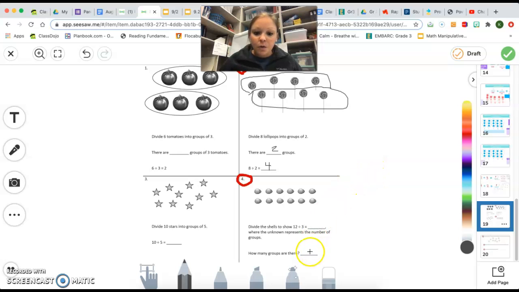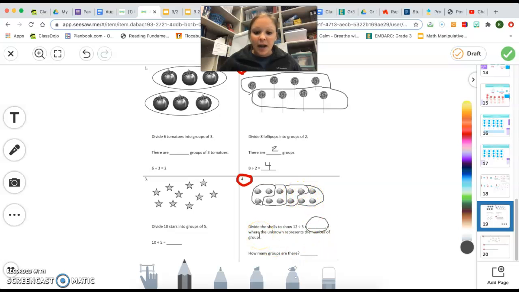And then for number 4, it says divide the shells to show 12 divided by 3, where the unknown, what we're looking for, represents the number of groups. So if the unknown represents the number of groups, that means this 3 must be the number in each group. So I'm going to make groups of 3. There's 1 group, there's another group, here's another group, and here's another group. So now I have 3 in each of these groups,